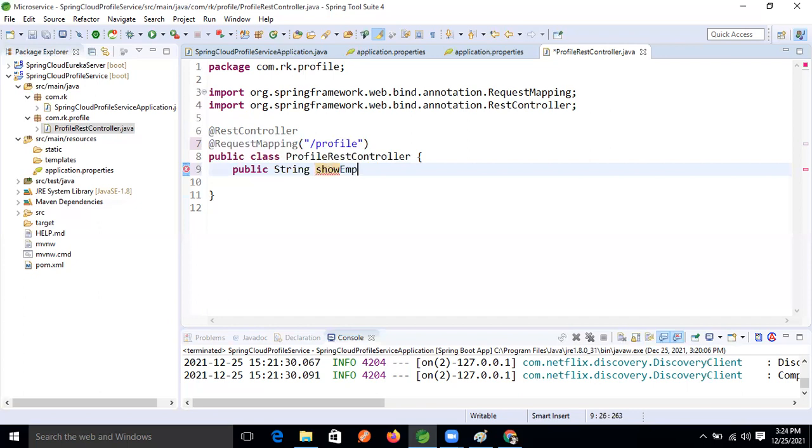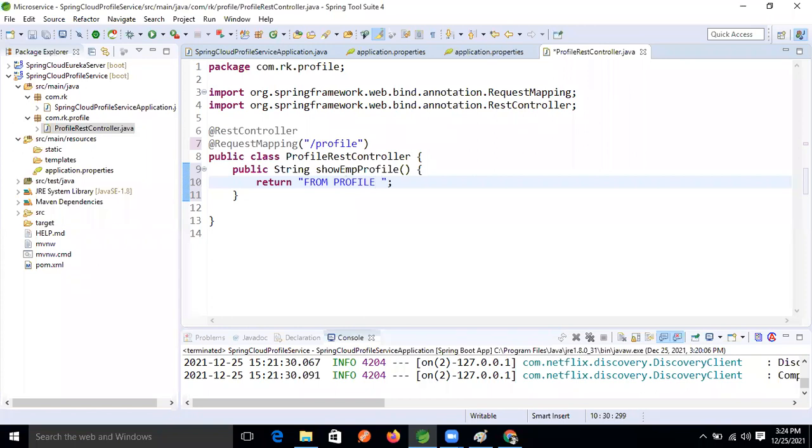This is the method. Now this method will return a string, just a message, from profile service.